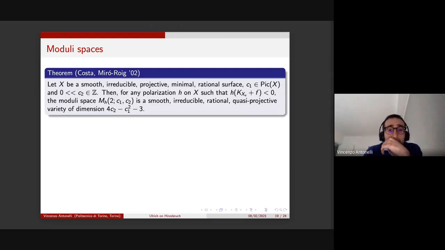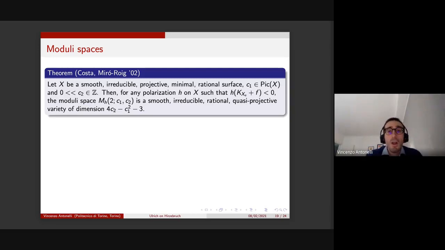And in the rank 2 case, here we have some results about the moduli space of rank 2 stable. So in this case, this is the moduli space of stable vector bundles with fixed invariants